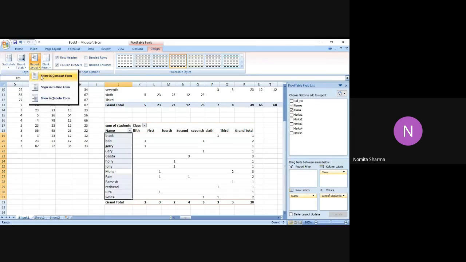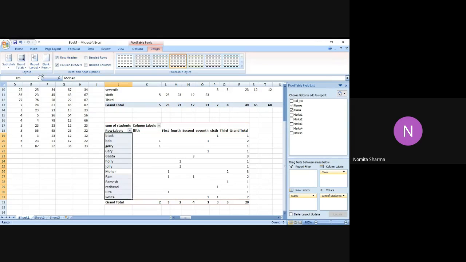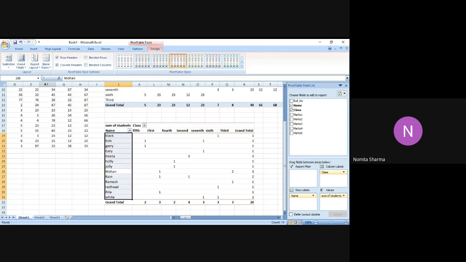I go back again. If I select the default option, I had the row label and the column label on my screen. But if I want to show headings on the screen, I can easily go back to the pivot table tool command. Under design, I go to the report layout, and select show in outline form. This changes the row label to name, which is indeed the heading of the row, and the column label to class.